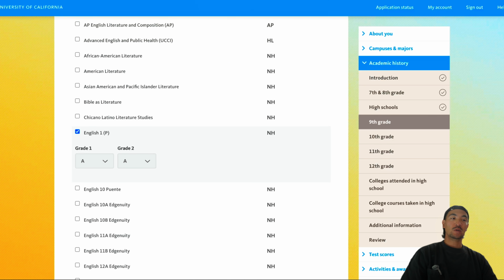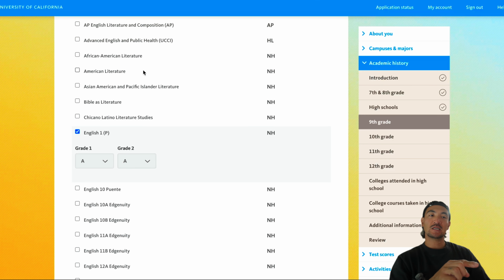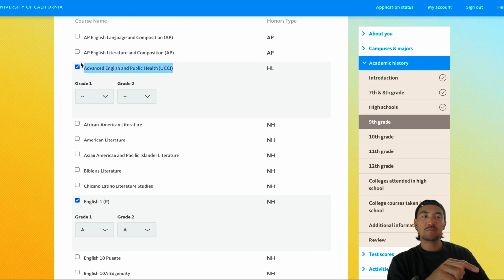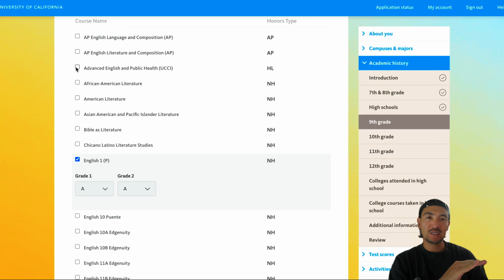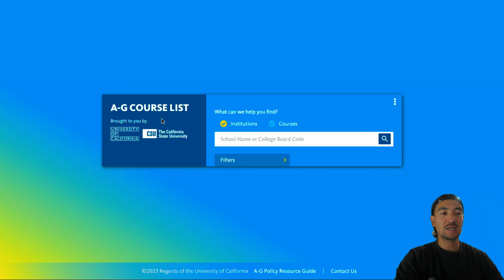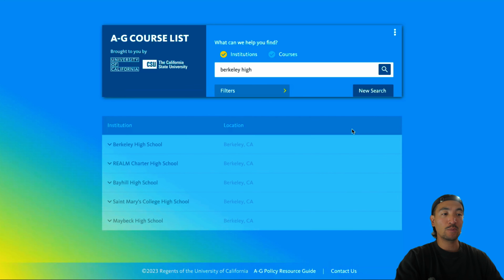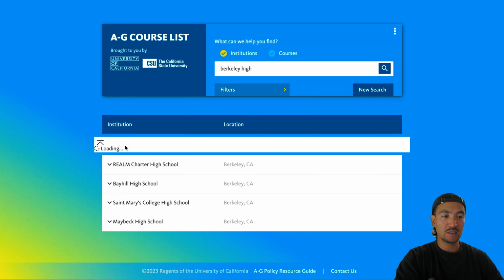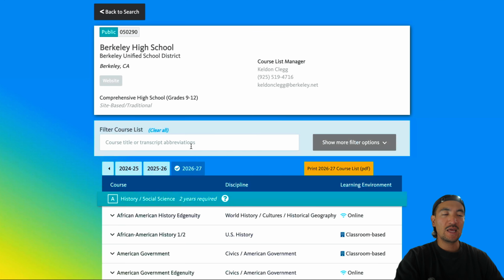The other thing is, before we go into colleges, sometimes the class name here is going to be different than the class name on your transcript. Sometimes schools get carried away with changing their course names and they don't update it on their UC course schedule. And that's where you have to, on Google, type in UC Doorways. You're going to click the first link, so UC Doorways. You're going to find your school. In my example, I'm a Berkeley High student, so I'm going to click Berkeley High School, go to course list,